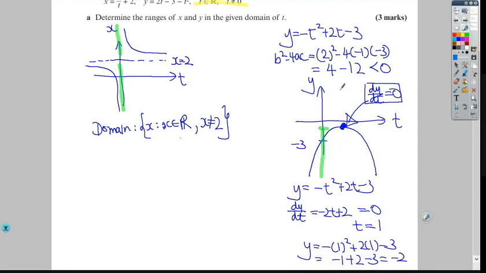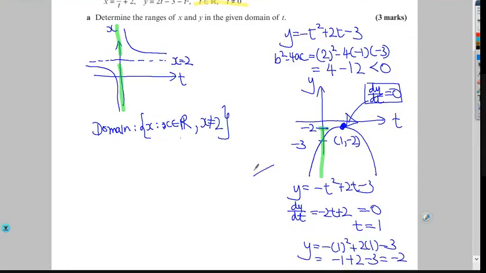I have t equals 1, so I can use that value of t to find y, which is y equals minus 1 squared plus 2 times 1 minus 3, which gives me minus 1 plus 2 minus 3, which gives me minus 2. Hence that point in the coordinates of t comma y is 1 comma minus 2. So we know that it starts from minus 2 going downwards. In other words, to finish that off, we have the range